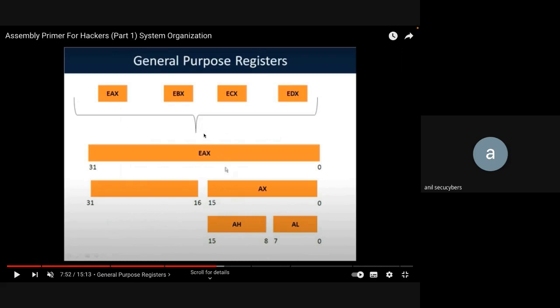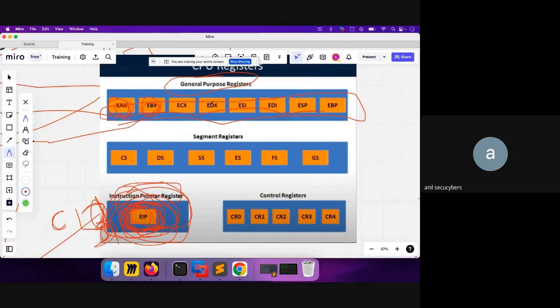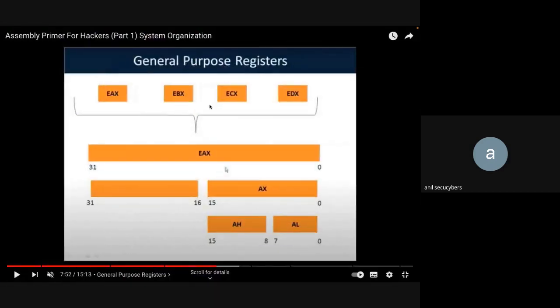So it also depends, like the EX, EBX naming convention of these memory slots. It also depends upon what kind of CPU you have. Is it 64-bit? Is it 32-bit? Is it like 15-bit or 16-bit? So in case the system that you are using right now has a 32-bit CPU, just remember this word. If it is, then the register will be named as